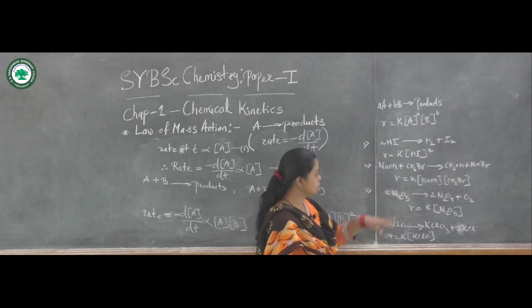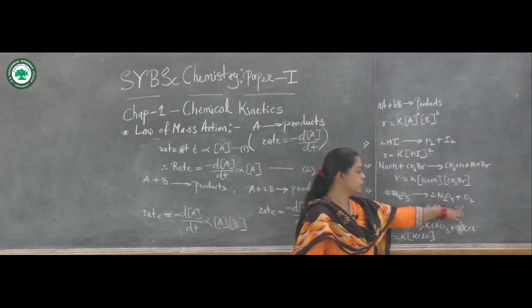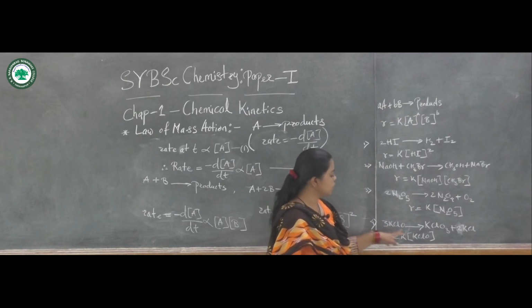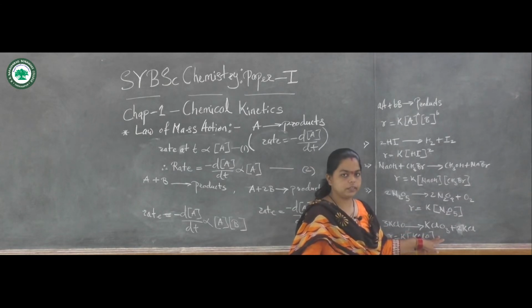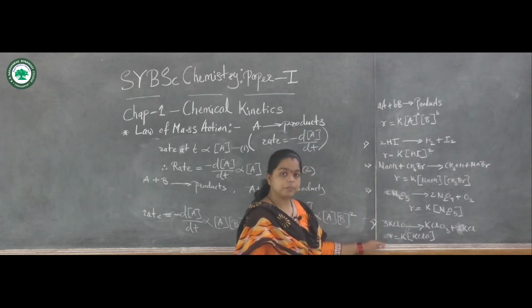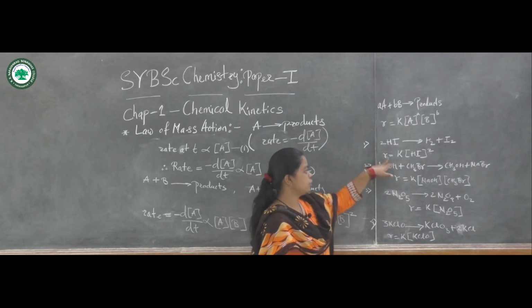But here the stoichiometric coefficient is 2, but it is not given in the rate equation. Here the stoichiometric coefficient is 3, but it is not given in this rate equation. So these 2 reactions will not obey the law of mass action, while the first and second reactions,